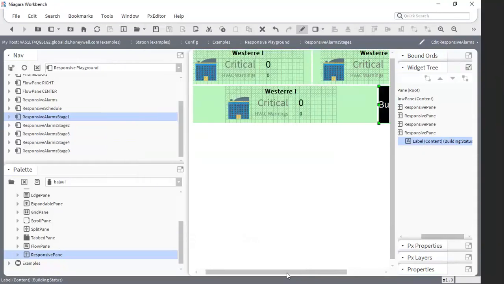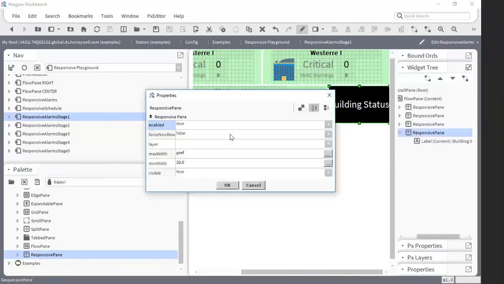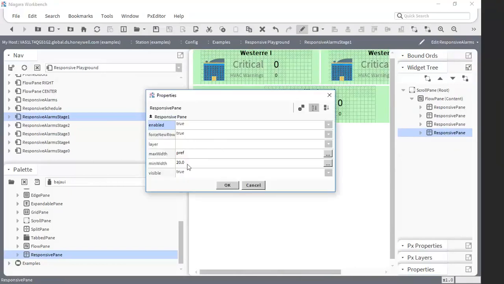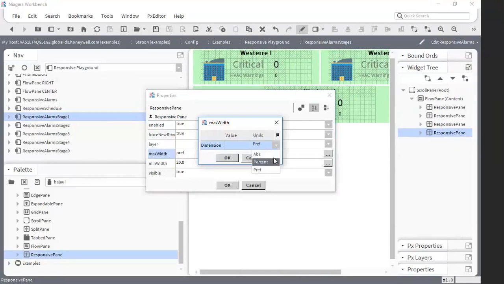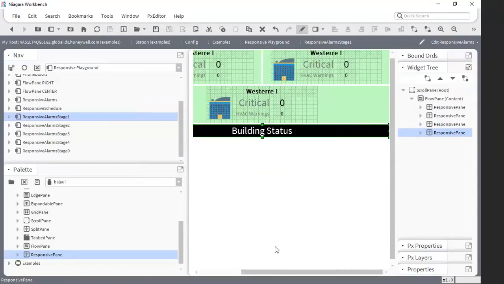And now, what just happened, right? I have a responsive pane that has the new line set to false. So if I double click that, say I want that to be on its own line, then we're going to get a block that's on the next line. But now we're kind of small, right? So I want to double click that and say that I want the preferred width not to be the preferred, but I actually want it to be 100% of the row. Oops, not 1,000, 100. And then we say OK, and then that actually displays like a header,